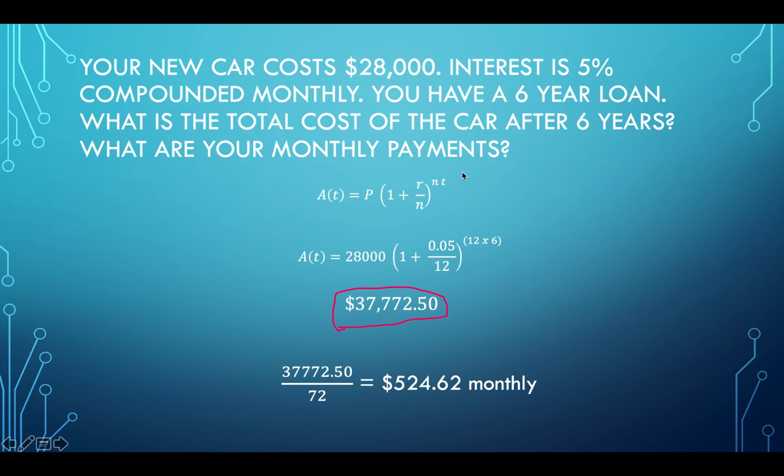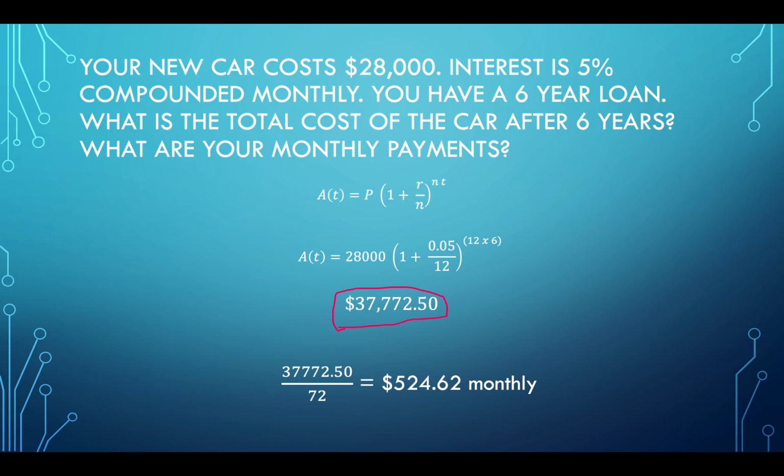So now we want to figure out, okay, we have our loan at the end of 6 years, now $37,772.50. What is my monthly payment? Well, to figure out your monthly payment, we're going to take 6 years and multiply that by 12. 6 times 12 gives us 72. So we take the ending amount, divide that by 72, and roughly each month you will be owing